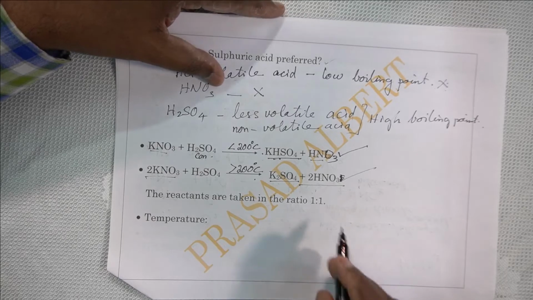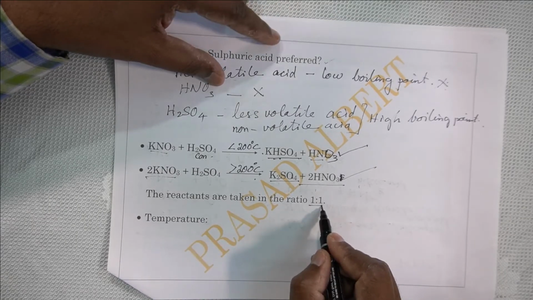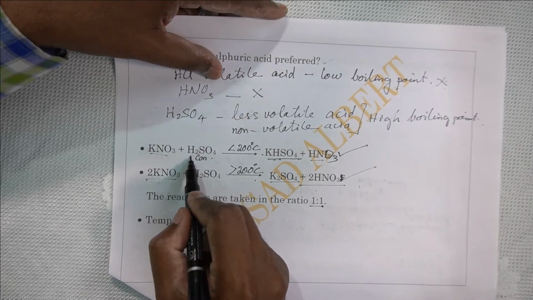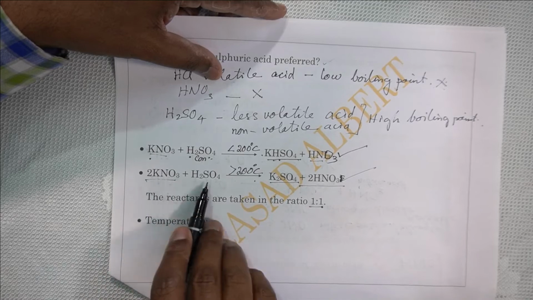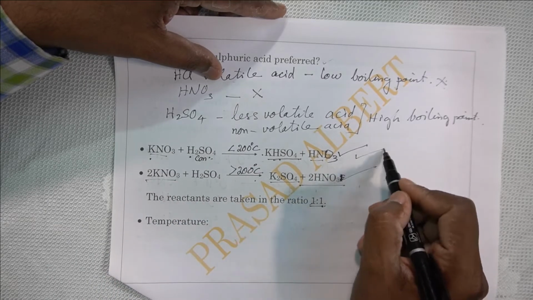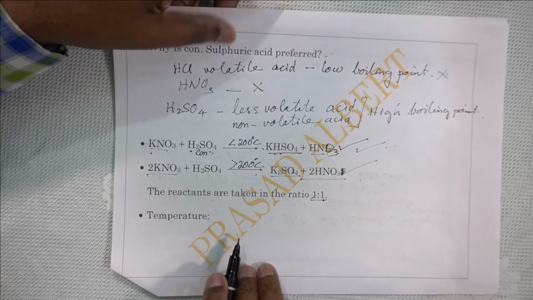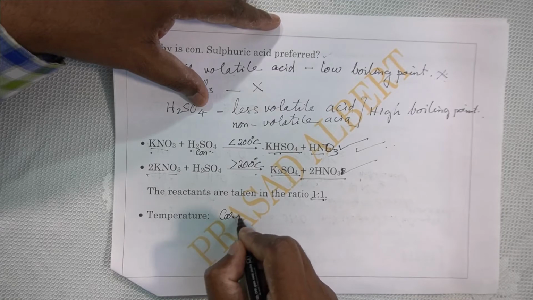Now, the reactants are taken in the ratio 1:1. 1:1 means the first reaction is preferred. Here 1 KNO3 with 1 H2SO4. In the second one, 2 KNO3 with 1 H2SO4. So the 1:1 ratio will give us the first reaction, this product. Okay, what is the reason? The temperature is carefully controlled